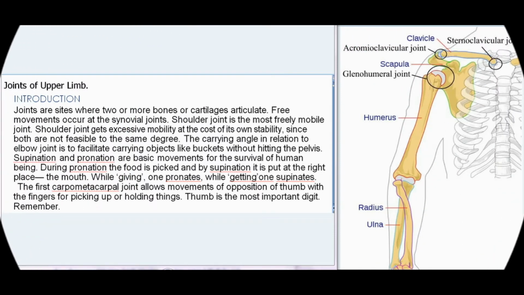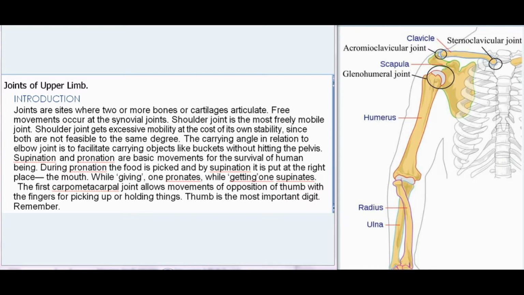Joints of upper limb. Introduction: joints are sites where two or more bones or cartilages articulate. Free movements occur at the synovial joints. The shoulder joint is the most freely mobile joint. Shoulder joint gets excessive mobility at the cost of its own stability, since both are not feasible to the same